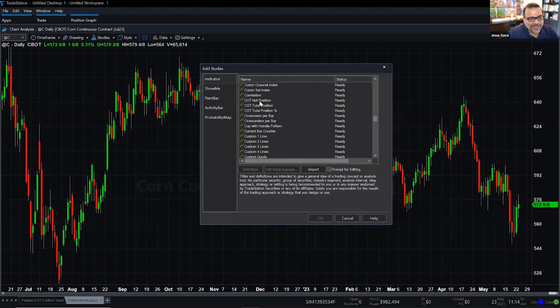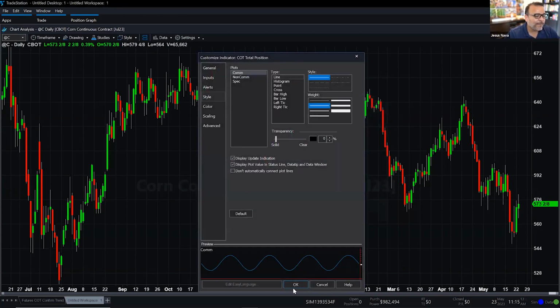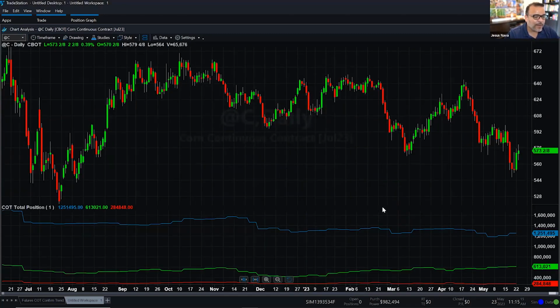So all the COT data is going to be right here. They start with the letters COT. And remember that COT stands for commitment of traders. Let's see the total position first. We're going to see then the net position and then the total position percent. These are sorted in alphabetical order, but I'm going to start off with the total position, COT total position. I'm going to click OK and OK. Okay, so